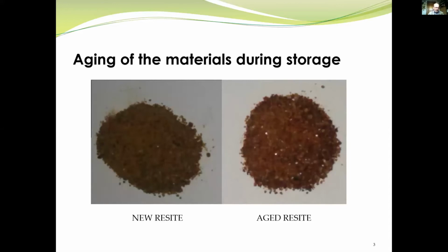The first one is devoted to abrasive materials. Abrasive materials are manufactured with aluminum oxide as hard particles, and these are connected with the use of